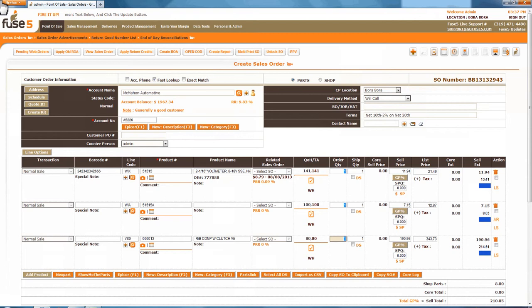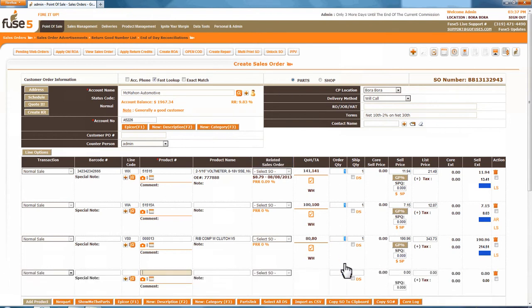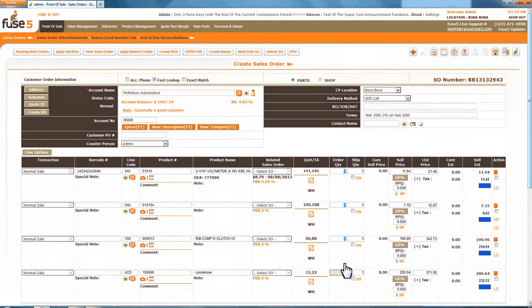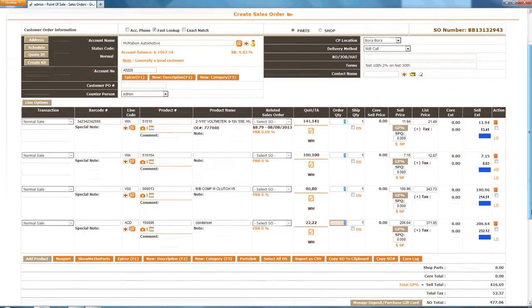Other than making my screen smaller or larger, I still haven't used the mouse at all for anything on the sales order. If I hit tab now, I'll get a new line on my sales order. I'm going to put in one more part and hit enter. Now I've got 4 parts added on my sales order. Now I'm going to go ahead and scroll down. You can either use your mouse wheel or use the bar to the right so that we can see our